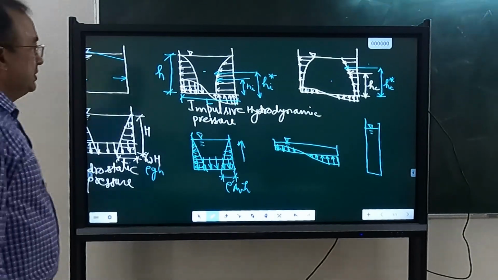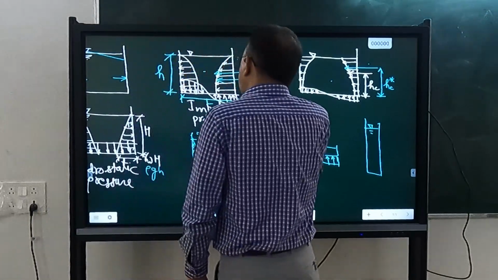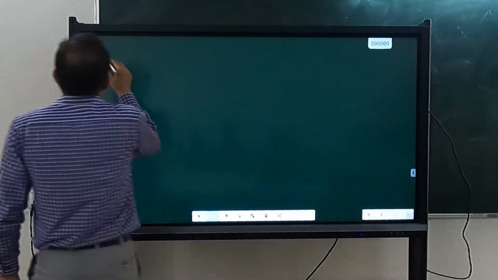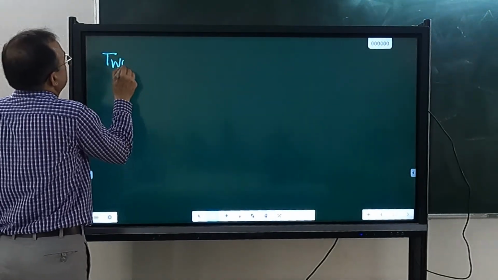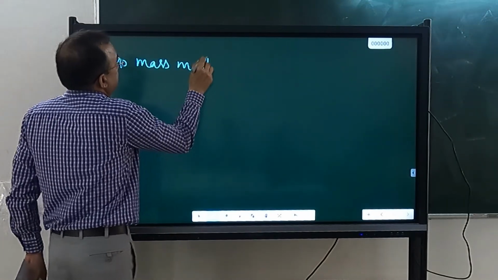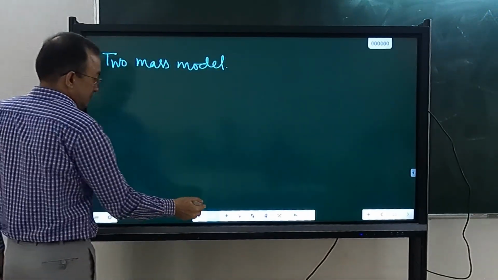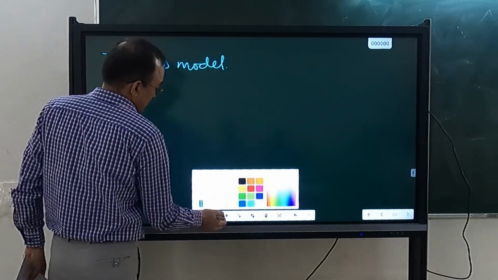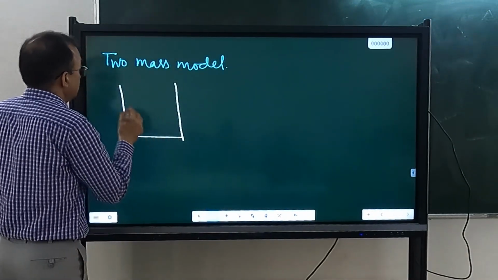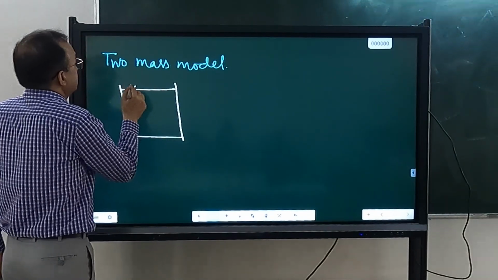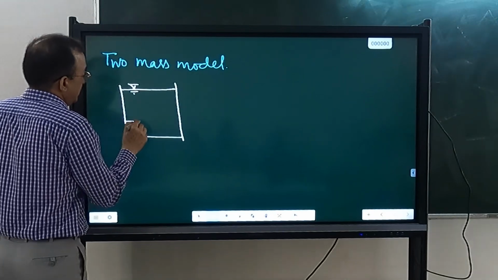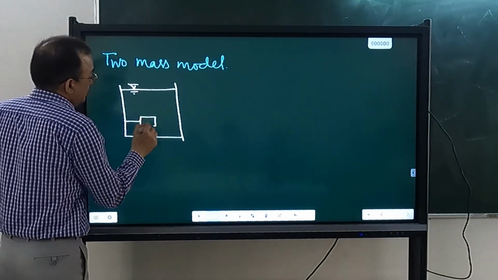Okay? Now, how to calculate these pressures? For that, we use what we call the two mass model. So we will represent the effect of water by two masses,